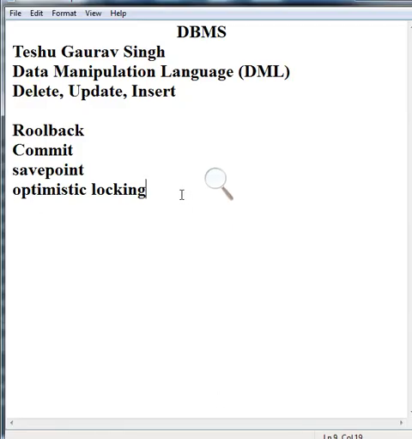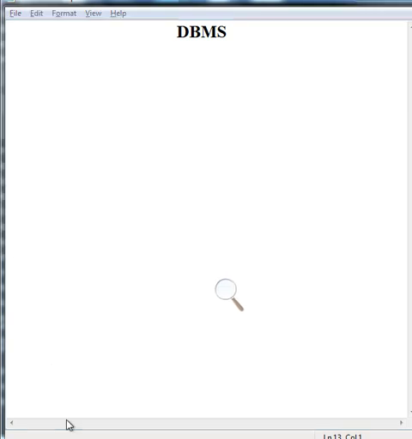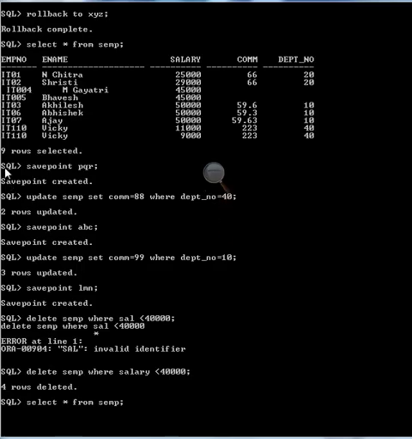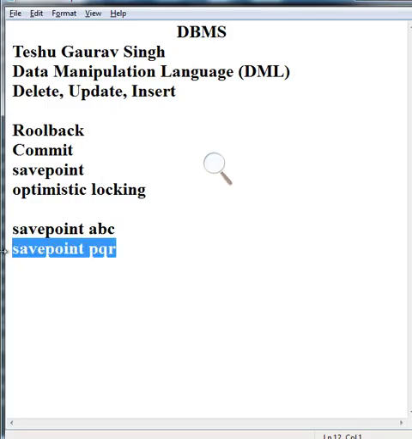First we gave save point PQR, then ABC, then LMN.